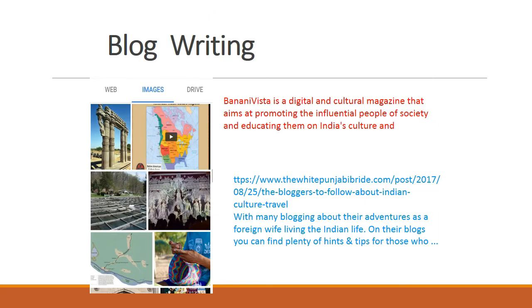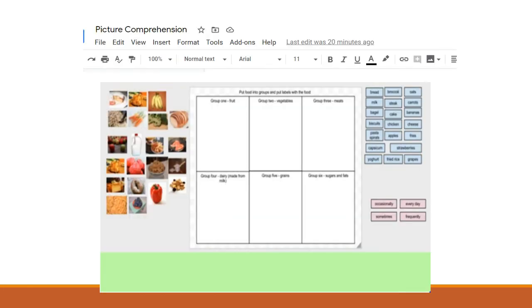Use Explore for the blog writing process. This lesson is prepared by me for my students, which is called sorting and labeling. This is also possible in Google Document.